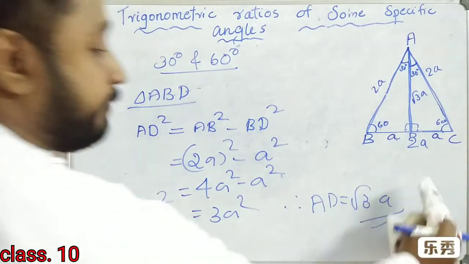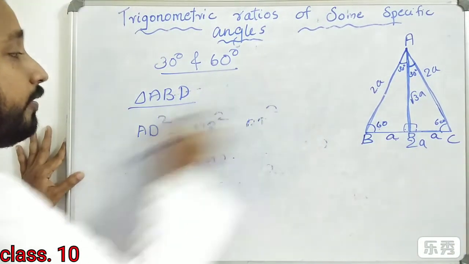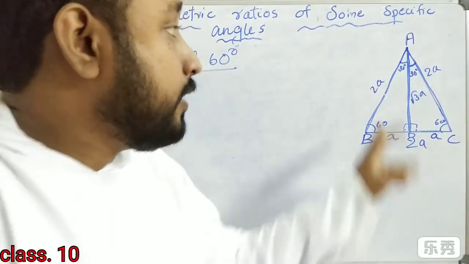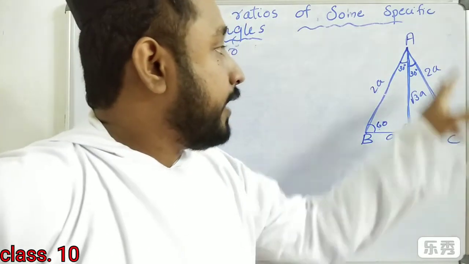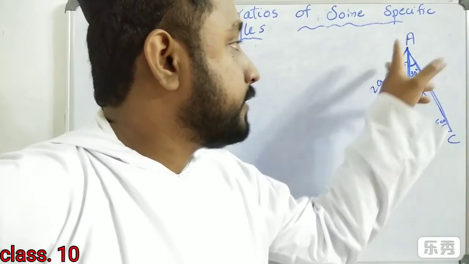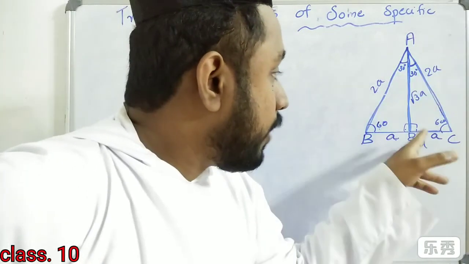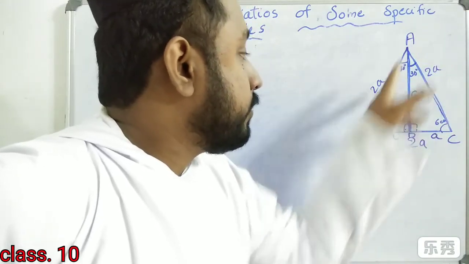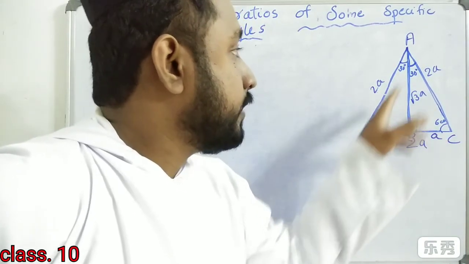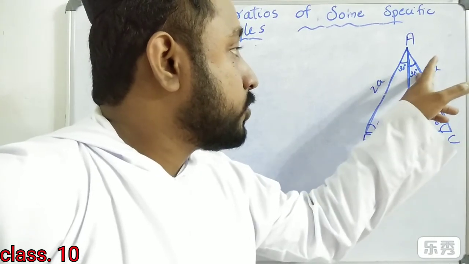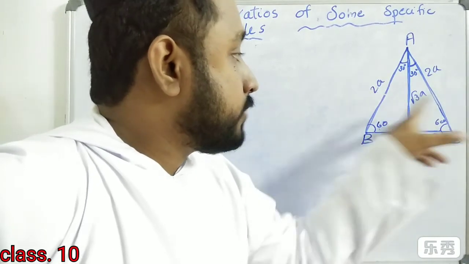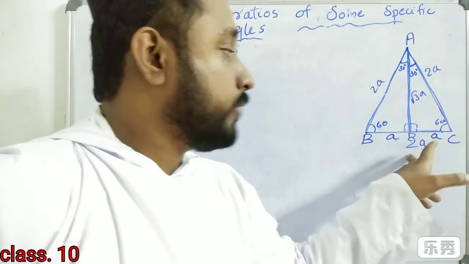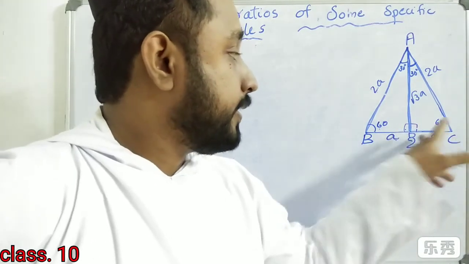So, we can easily define trigonometric ratios. I will say once again, in an equilateral triangle, the length of each side is 2A and each angle is 60 degree, 60 degree and 60 degree. So, we draw a perpendicular bisector, perpendicular to D. Therefore, we got 90 degree. So, 60 degree. So, this angle is 30 degree. Here also, this angle is 30 degree. These two triangles are congruent, so these two sides are equal. So the total length is 2A. Therefore, BD is A and CD is also A.